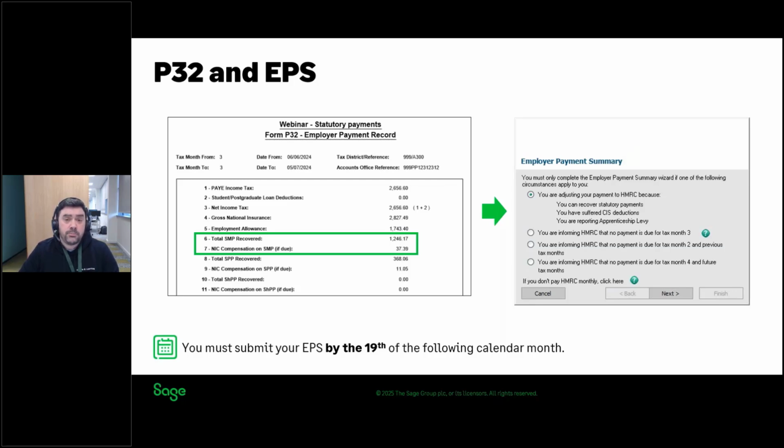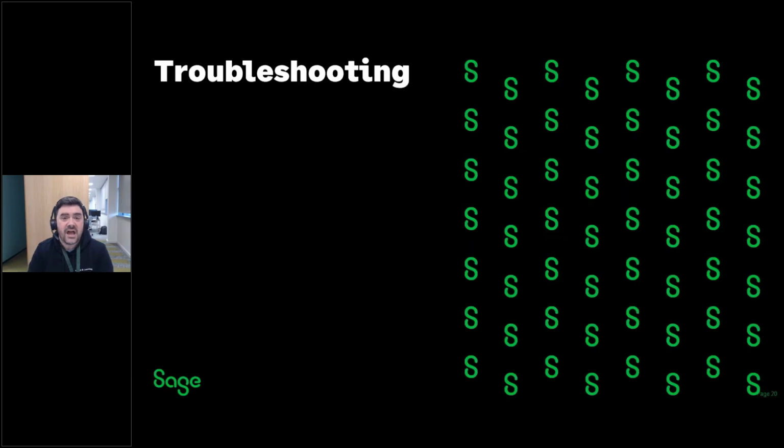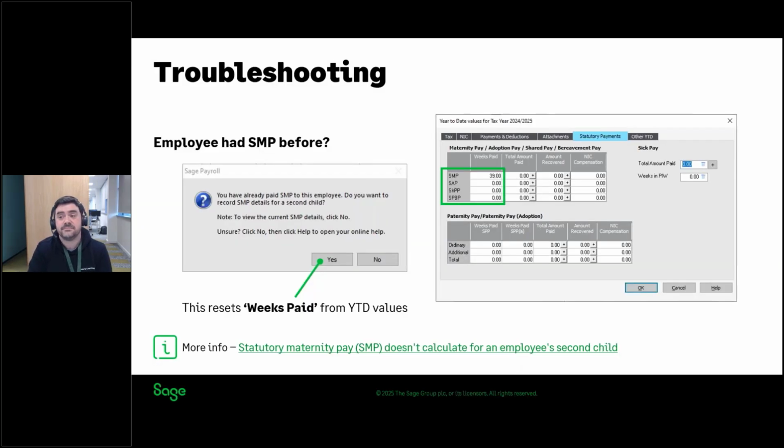So you now know how to process and reclaim SMP, but I want to finish with 5 minutes or so on troubleshooting. And I want to start with a very common scenario that might affect you if you have an employee who has received SMP in the past. So for employees that have previously received SMP, there is certain information that will be stored in their employee record. And that is the number of weeks of SMP that has been paid. And that's always retained because sometimes maternity leave can span more than one tax year. So the number of weeks doesn't automatically get cleared down